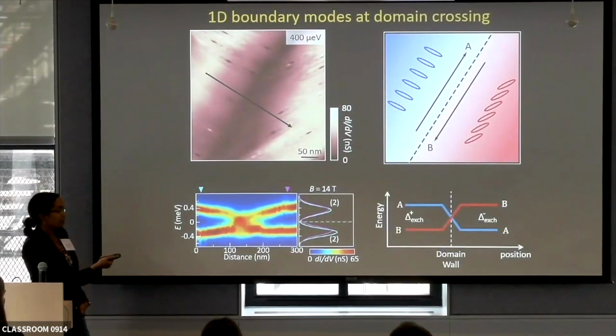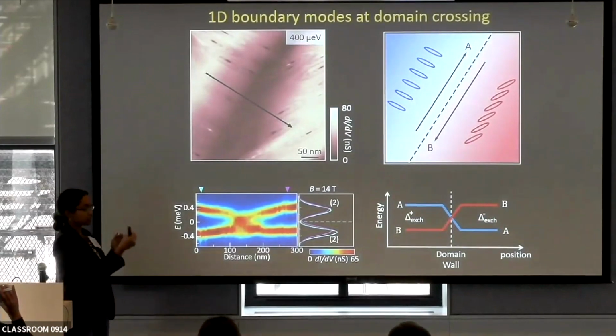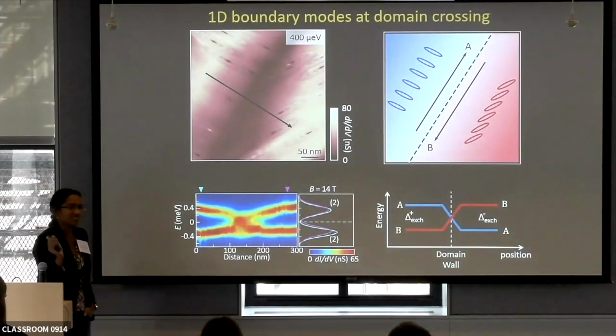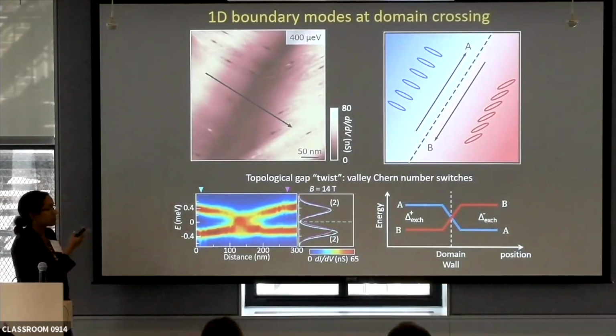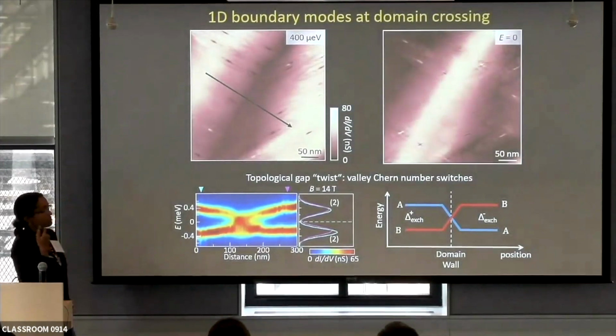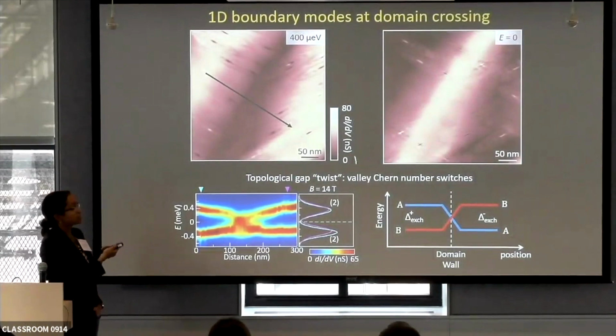And what's occurring is essentially which valley states are occupied on each side is switching. So you can think of this in some hand-wavy term as some topological gap twist where there's some valley Chern number that's changing. And this is what should give rise to these one-dimensional modes here. What we can see with STM is if we take a conductance image at E equals 0 at this crossing point,